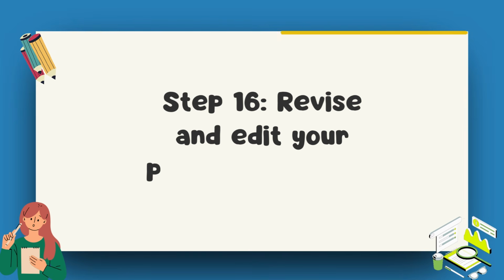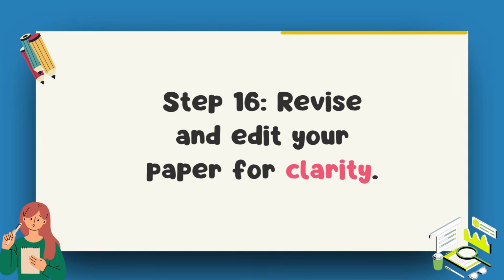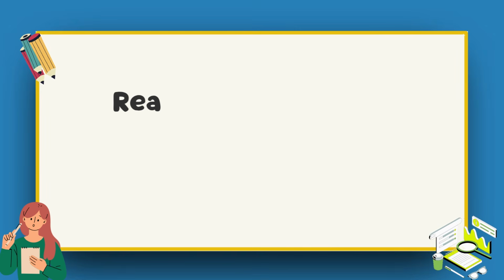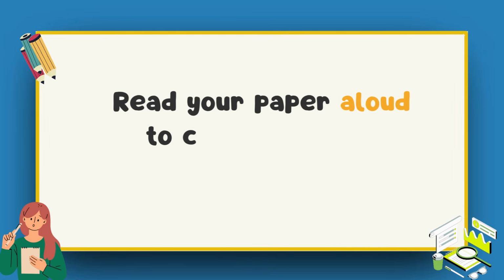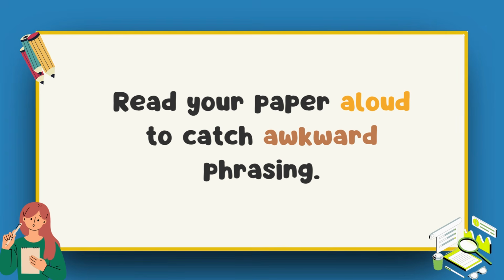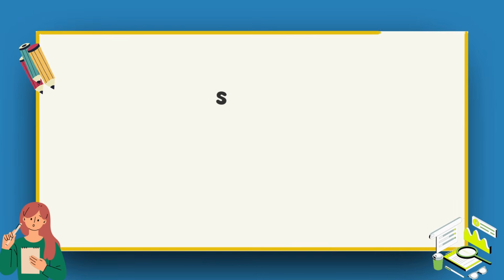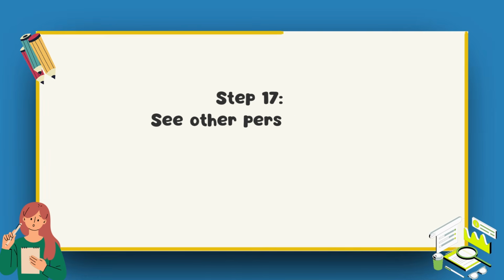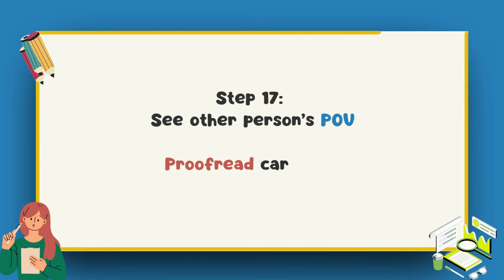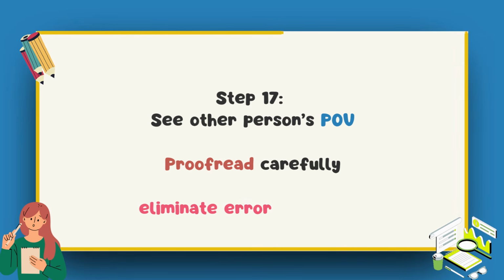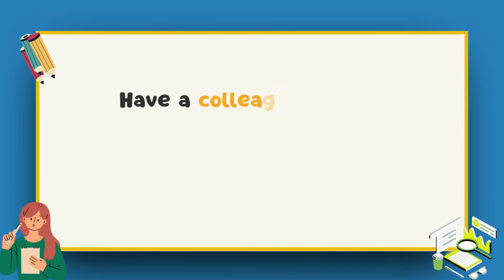The post-write-up phase starts here. Revise and edit your manuscript. Focus on clarity and the flow. Read your paper aloud to catch awkward phrasing. Most of the research papers or manuscripts that get desk rejected, the main reason is the flow. The writer knows everything well about their research paper, so they feel like the paper is well written, but try to read it from the second person's point of view. Will the person be able to read your paper? Proofread carefully. Don't rely solely on spell checks or Grammarly or Quillbot or ChatGPT, but have a colleague review your paper too.